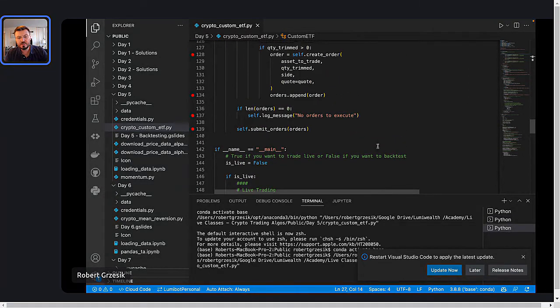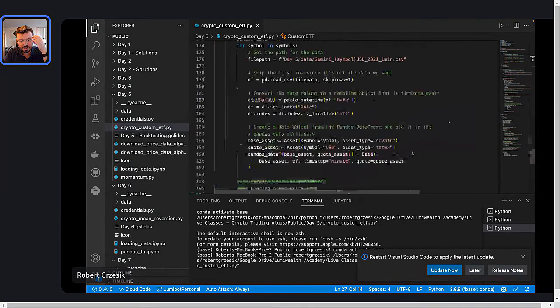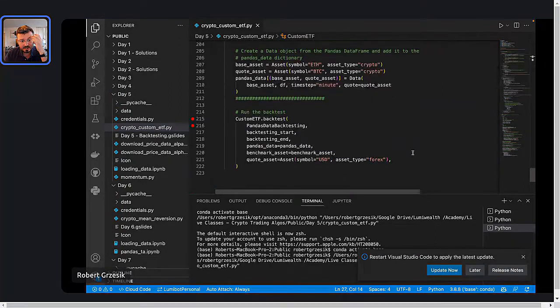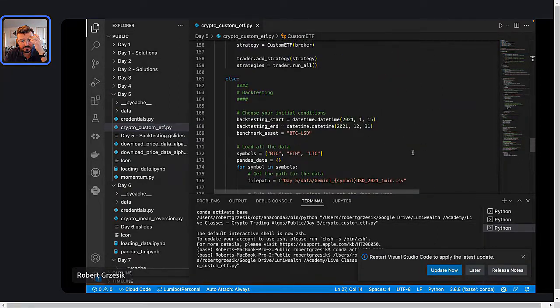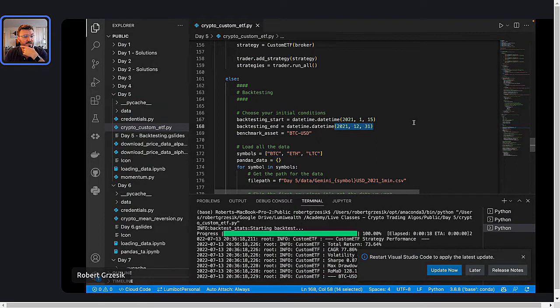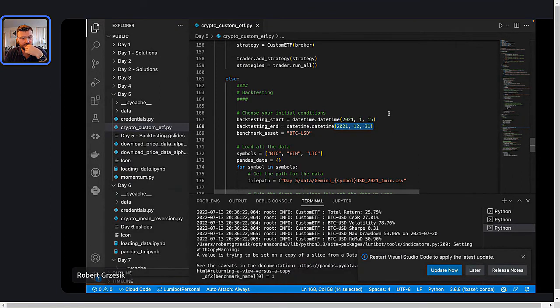Yeah. So what I'm going to do is I'm going to backtest this strategy and I could set the dates. Here I have dates where I'm going from basically just all of 2021. We're going from January 15th to December 31st. If you guys want, let me know. We could change these dates. The results are still pretty similar in different time frames. I'm just doing this so it can run the backtest pretty quickly. And you'll see the result here, and it is pretty impressive, the result that we get from such a simple strategy.